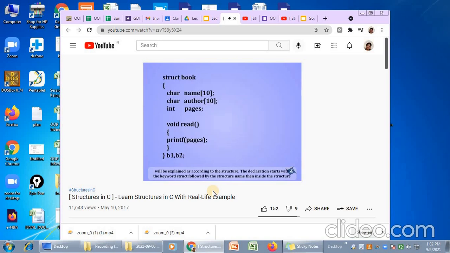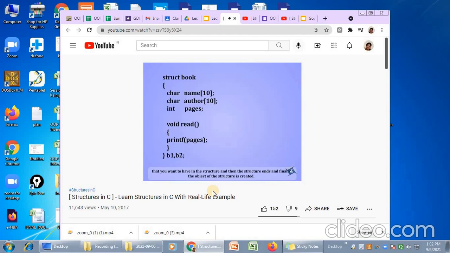The declaration starts with the keyword struct, followed by the structure name. Then, inside the structure come the data type members, which are the character type name and author, and the integer type pages. Also, there are the functions, that is, the void read function that you want to have in the structure, and then the structure ends.